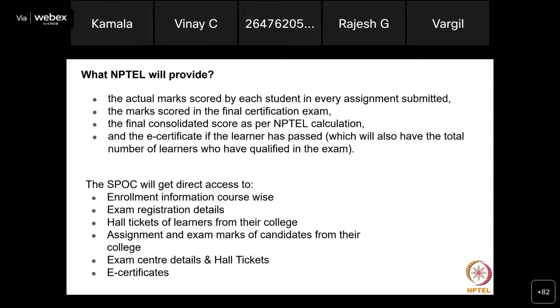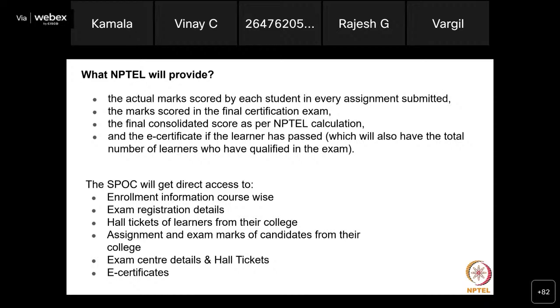It is just a matter of logging in, downloading it as an Excel, going through the Excel, making sure all students' details are there, and using it as such. Many universities and colleges these days are using this. So if you have any doubts, please write to us. We will help you with that.